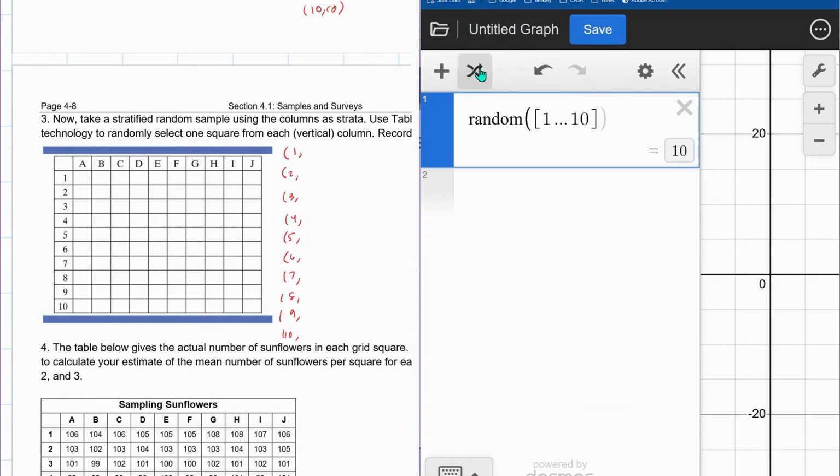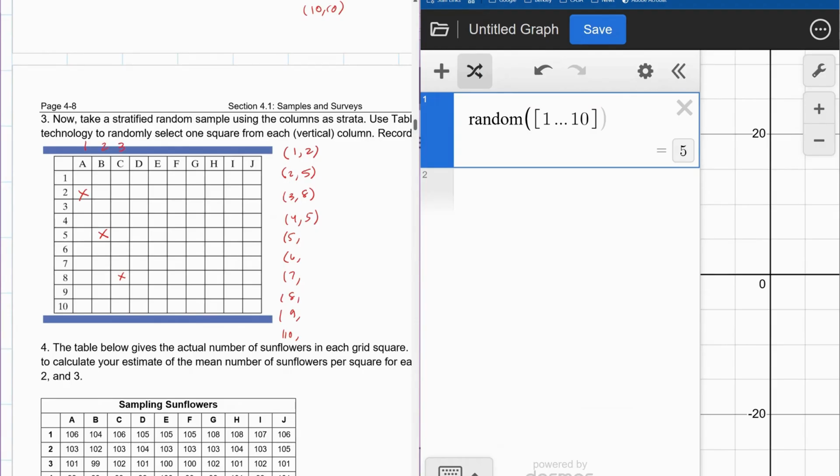And let me go ahead and start generating random numbers there. 1, comma 2, 2, comma 5, 3, comma 8, 4, comma 5,